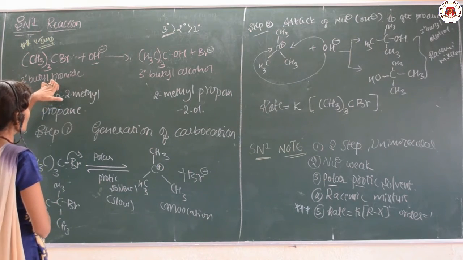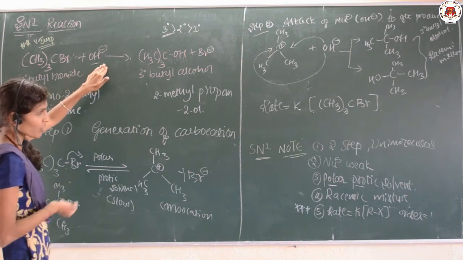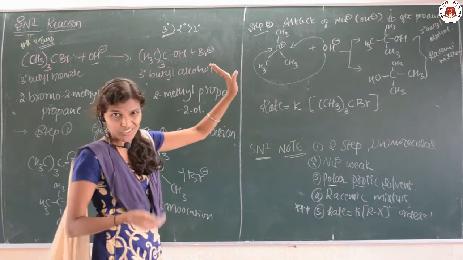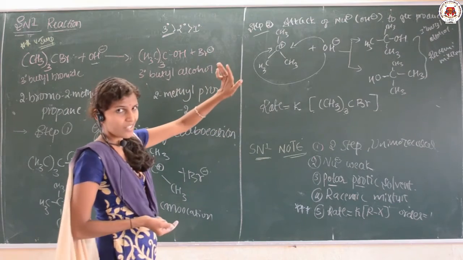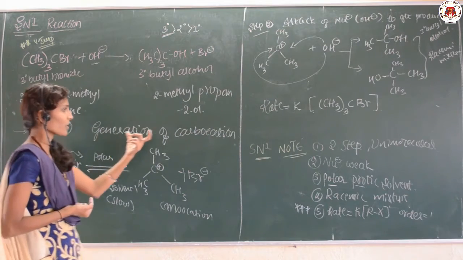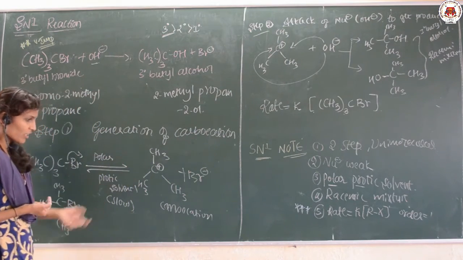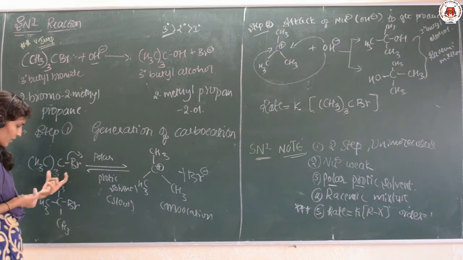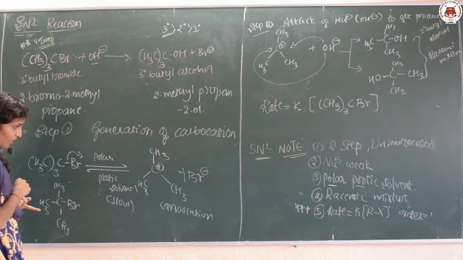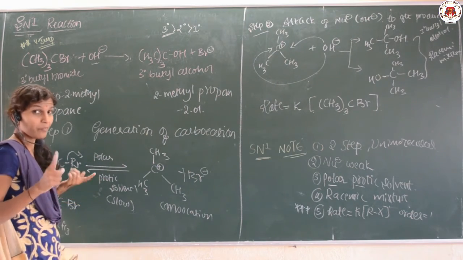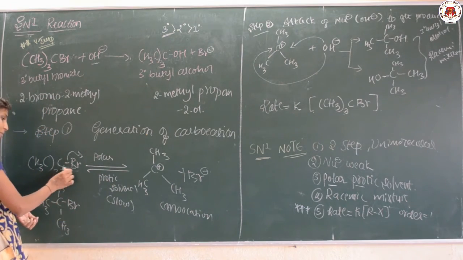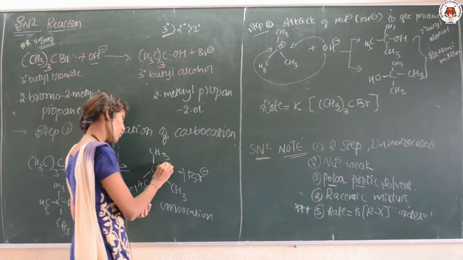When tertiary butyl bromide is treated with a nucleophile like OH minus, we are going to get tertiary butyl alcohol. Instead of the racemic mixture, one of the products is taken, that's it, and then Br minus is released. So how is the mechanism? As you know, there are two steps. The first one is the generation of the carbocation, (CH3)3C plus, and it is a reversible process. The first step is the slowest, and we are using a polar protic solvent, which helps to break the C-Br bond, so there is a generation of the carbocation.